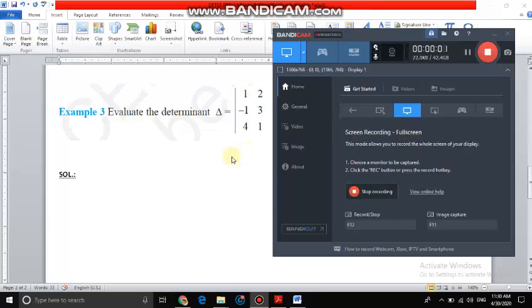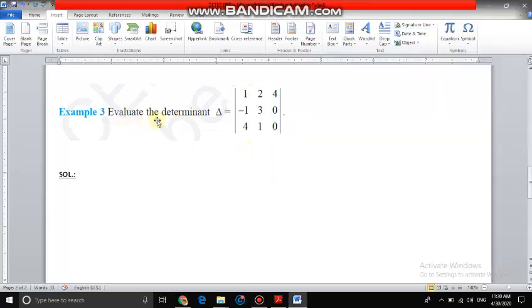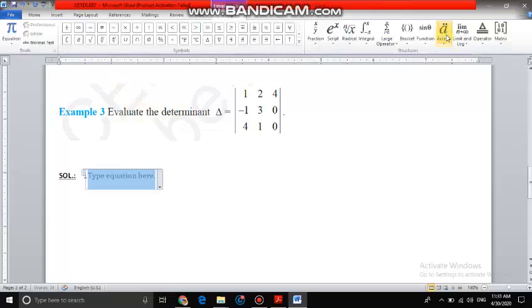Okay, student. Now we have taken the example: evaluate the determinant, how to find the determinant of a 3 by 3 matrix. I am using the simplest way to explain the example. I am using the first row, so I know that my signs will be plus, minus, plus. So the first element A11 is 1, 1 into, let me insert the equation here.